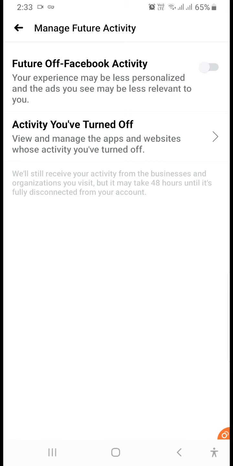If you turn off this activity, it will not track your information in future, whatever you are doing in other applications on your mobile. This should not be tracked. This is more dangerous, because when it tracks all your application details, in future it will suggest some ads, and it will fetch all the information for product-level detail, and it informs some other person also about whatever activity you are doing. Everything that information is provided, so it is like an information leak. So everyone just think, and do what you need to do.